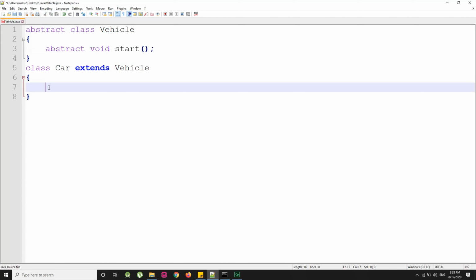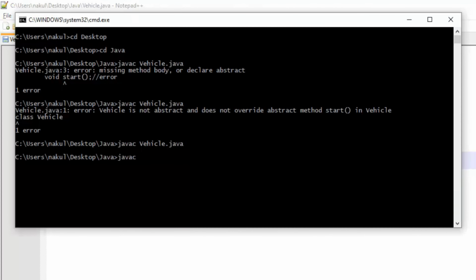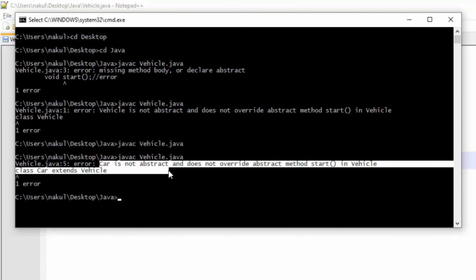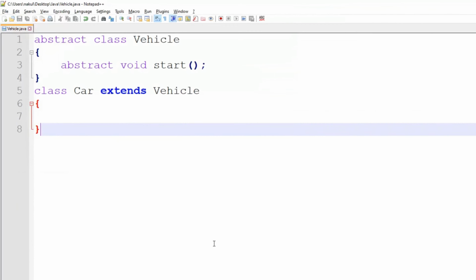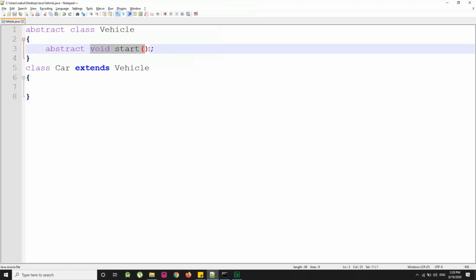And if I do not declare the body of the abstract method, will our program get successfully compiled? Let us see this. So open the command prompt again and then javac Vehicle.java and see this. Car is not abstract and does not override abstract method start.